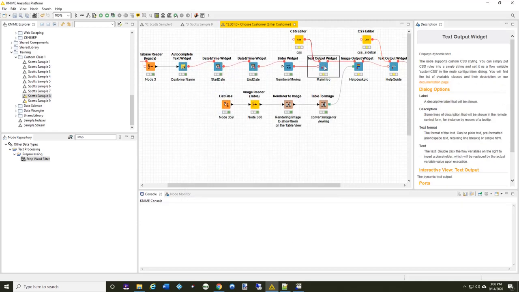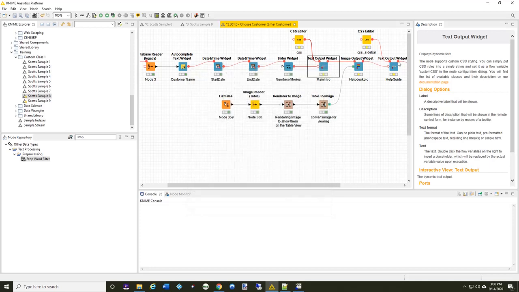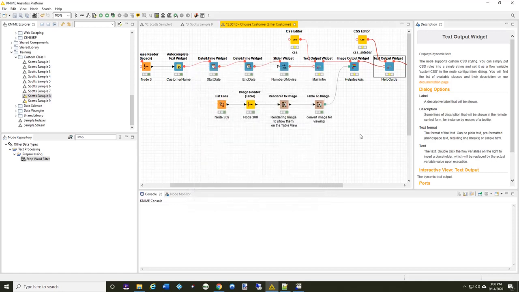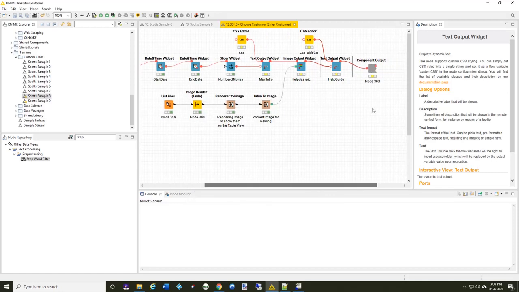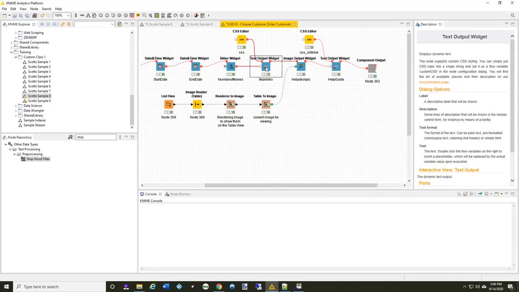So for both of them, I need to come in here into the flow variables and tell it to use the custom CSS variable that's going to control the look and feel of that object. And what's interesting here is if I execute the entire workflow, if I look at the main intro from within the loop here,